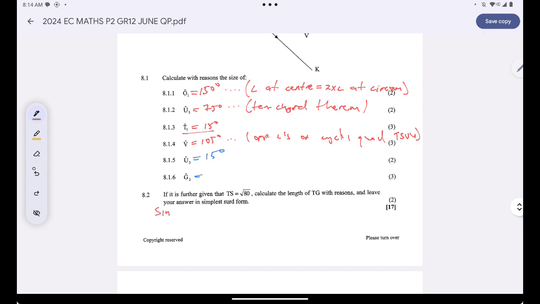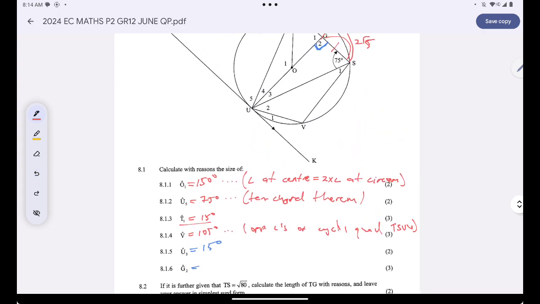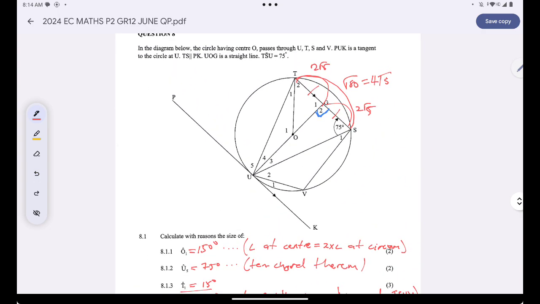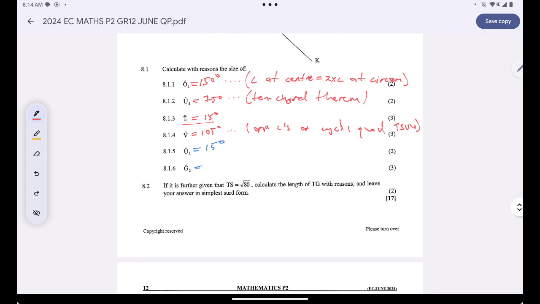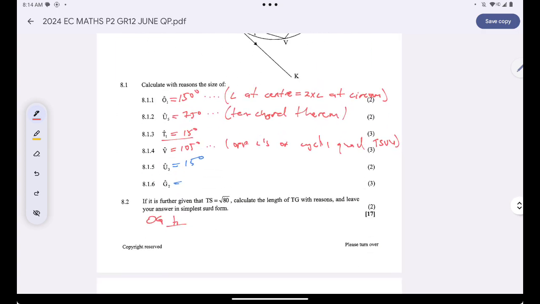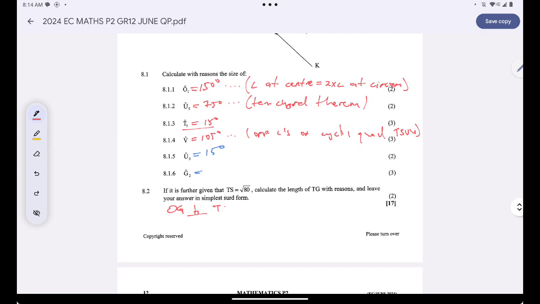Okay, since I've proven that angle OGT is 90 degrees, I can therefore conclude that OG, the line from the center, is perpendicular to TS, the chord. Why am I saying that? Because the angle is equal to 90 degrees. Are we together? So if this thing is true, I can simply say, therefore,